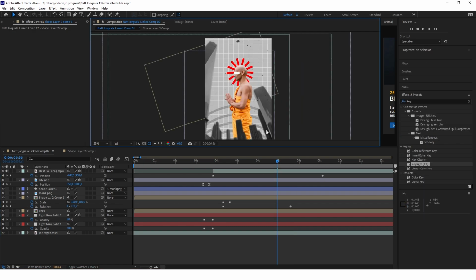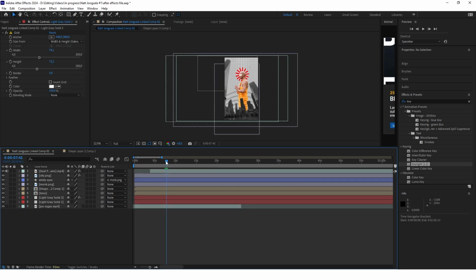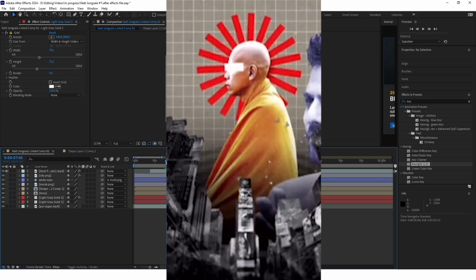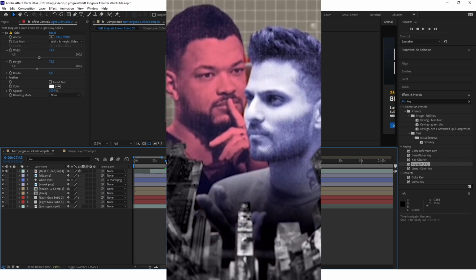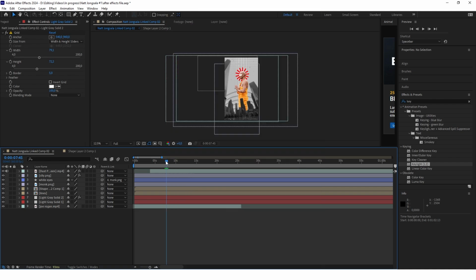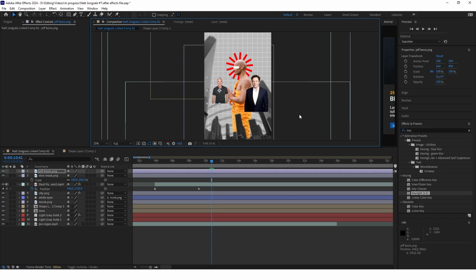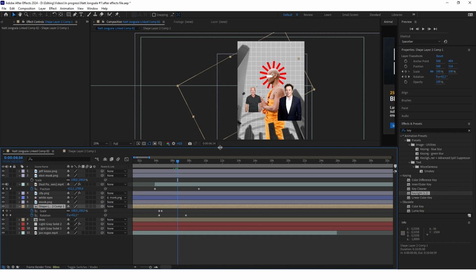Okay, I've also made the rotation animation of this shape behind the monk's head a little longer. Okay, so this is everything about this first part of this video. And in the second part we want to animate these two colorful faces coming from the left and the right. And we want to decrease the scale of the monk and make him darker. And as you can see, I will use Elon Musk and Jeff Bezos. So in order to animate them, you have to just simply keyframe the position. So I will be back when I do that.